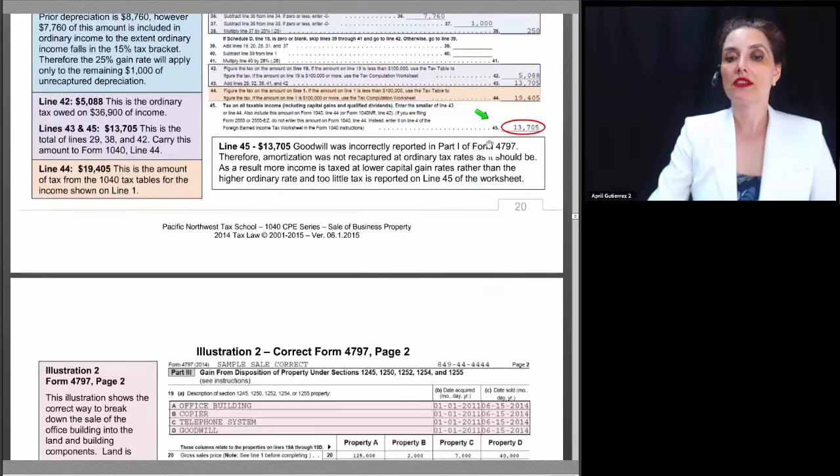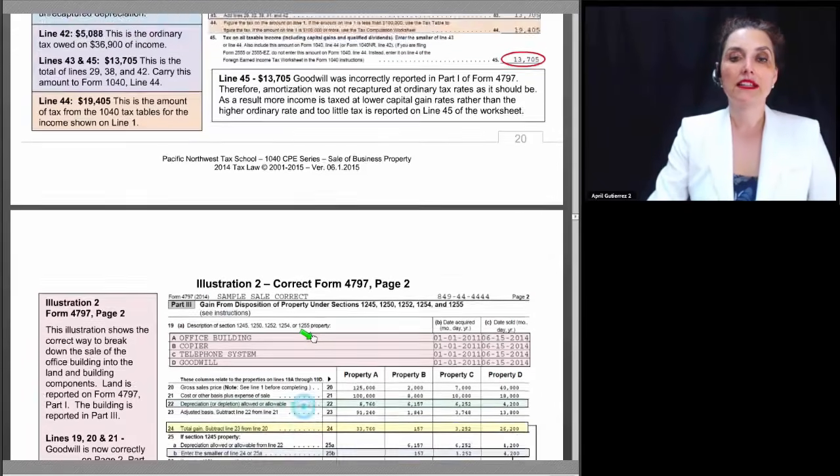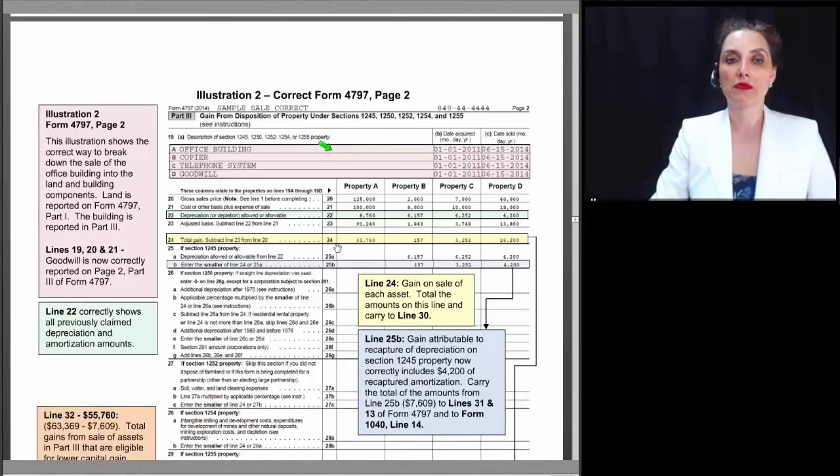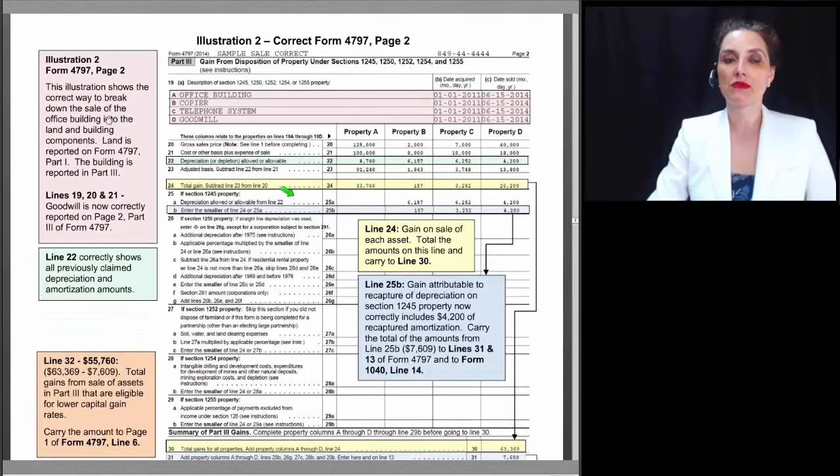Although the land is also technically in the wrong part of the form, it makes no difference to the computations. Let's see how things change when we switch things around a little. So we're now on to illustration number 2, and in illustration number 2, we're putting all of the assets where